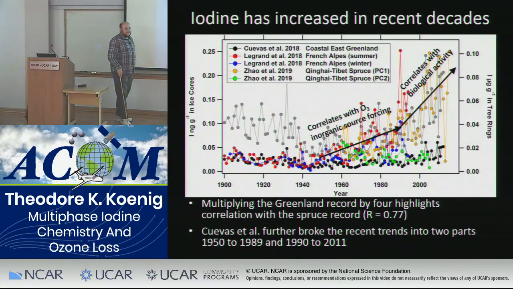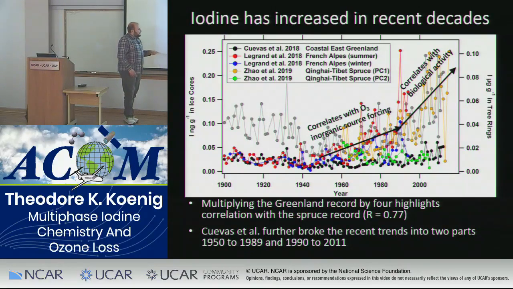Following on from that, do you have any insight into why there's a significant difference between the PC1 and the PC2 data sets on this slide? The area where they are getting these trees, spruce off of the Qinghai Tibet Plateau, is not allowed to do logging, so they can only use fallen trees.